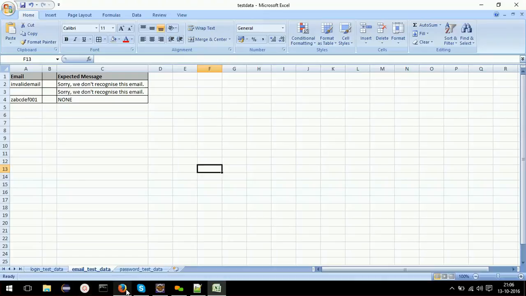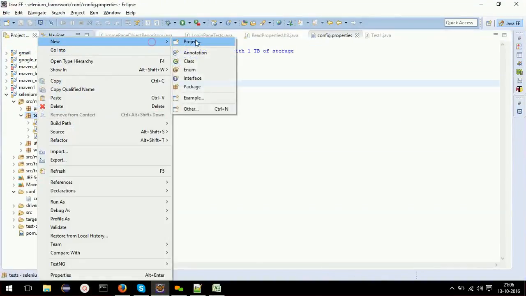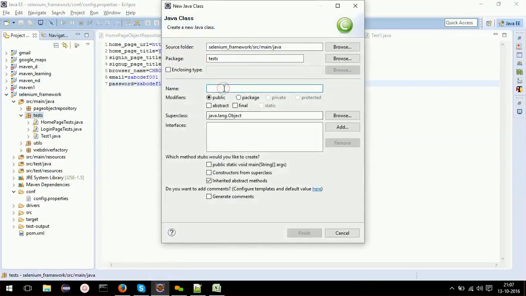So before that, I need to create a new test. Okay, new class, I'll call it login page tests new, because already there is one.